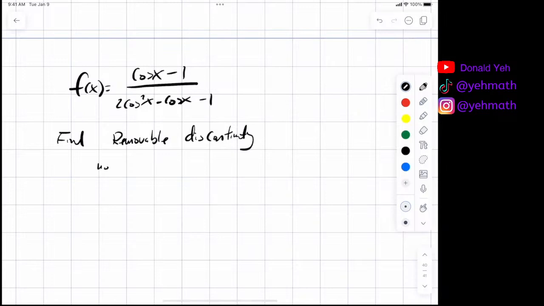And I find non-removable discontinuity. So you got those two questions here. I want you guys to try to find that. I don't know if you remember how to find it. Removable discontinuity is something that